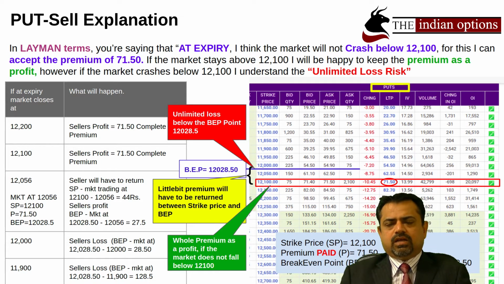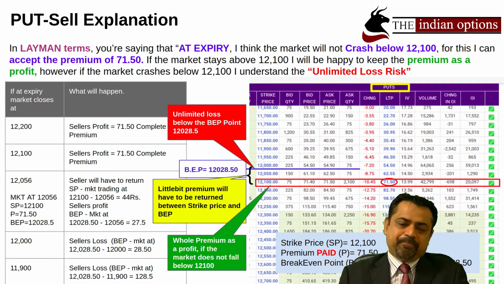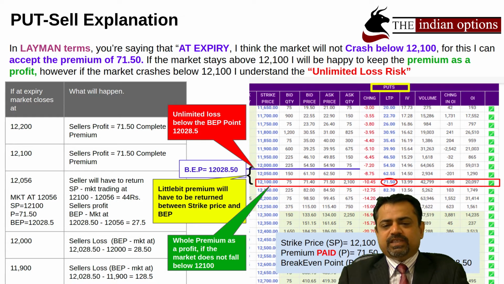Now, why you would open the put sell contract is that you get the premium upfront. That is really very important here, because this whole options trading is all about the premium, and it is better to get it before you start the contract. Now, in this example, if you see the green box,